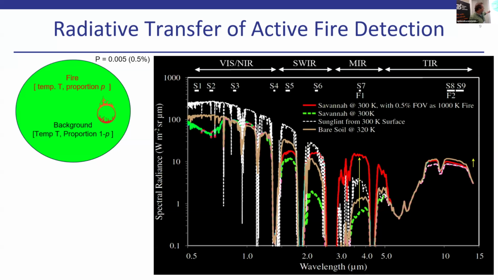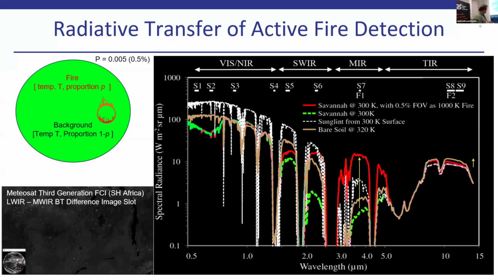And in the long wave infrared, it's gone up, can you see, a very small amount. So basically, if the fire is small compared to the pixel size, you get a big signal change in the middle infrared and a small signal change in the long wave infrared. If the fire covers the whole pixel, then the radiance wouldn't be similar, but when you convert to brightness temperature, it would be the same. But when you convert these numbers to brightness temperature for a small fire, they're super different. I'm going to show this data a bit later.